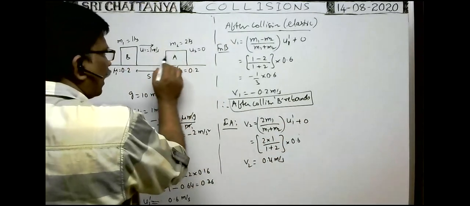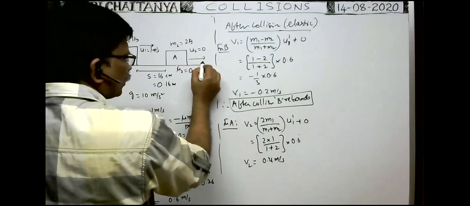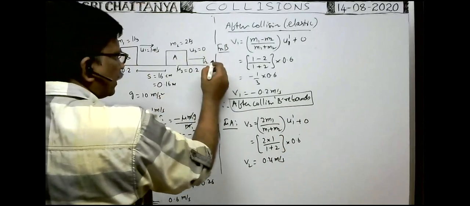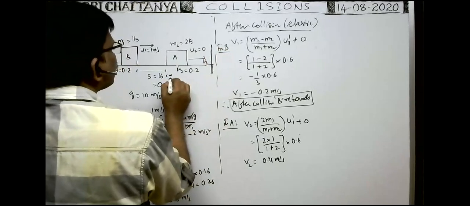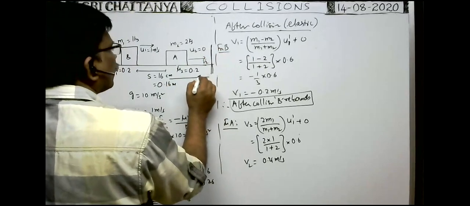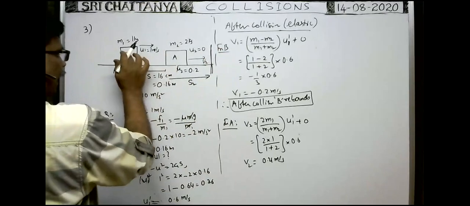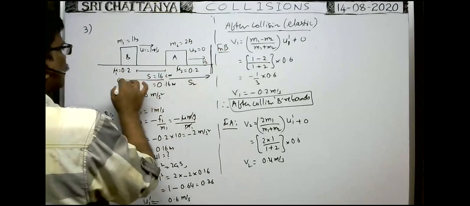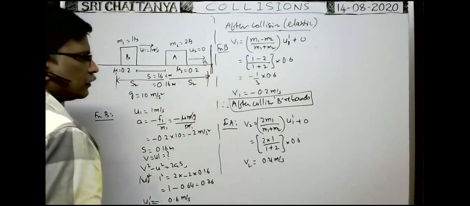So with this velocity after collision, the body starts motion. But whenever the body moves in this direction with velocity v2, as friction acts in the opposite direction, before coming to rest, suppose this block comes to this position. Through what distance does this block travel? Say this distance is s2. Similarly, B after collision rebounds, and the distance it travels is s1. If you know s1 and s2, then the distance between these two blocks is the separation between the two blocks.